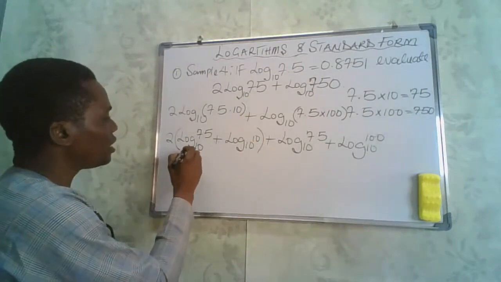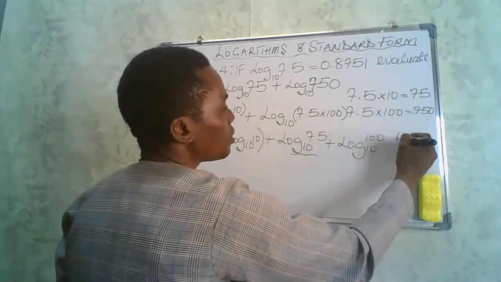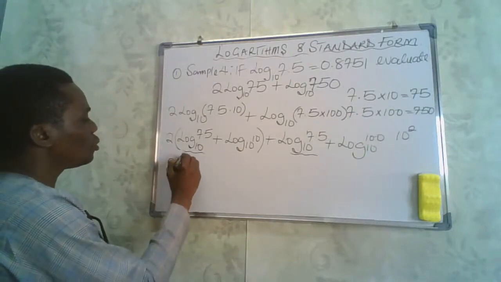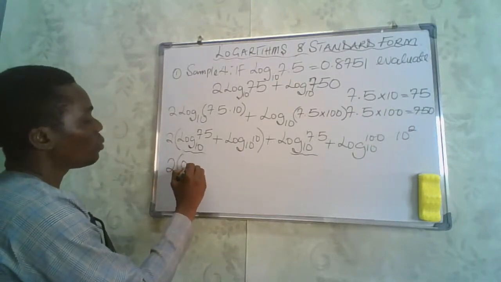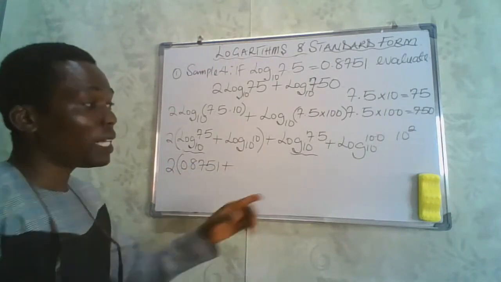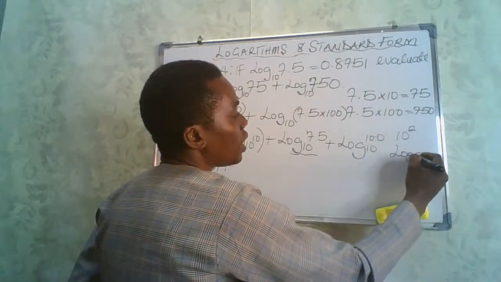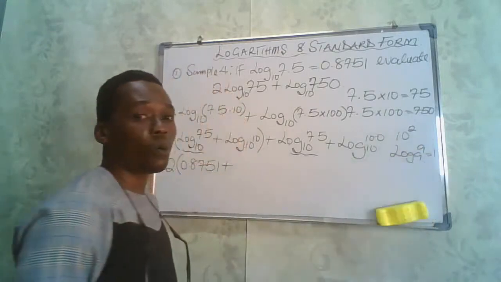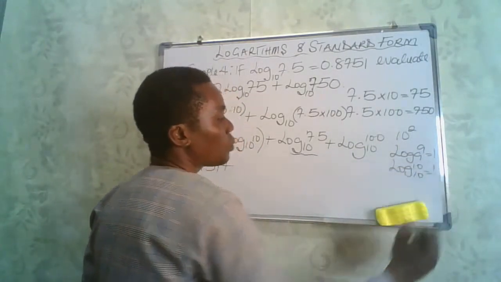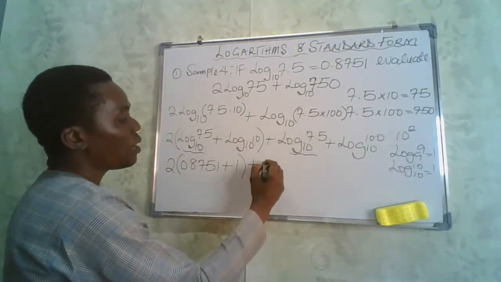So we are going to have this, we have this, and we can simplify this because 10 to the power of 2 is 100, right? So this will be 2 multiplied by 0.8751 plus, remember that law of logarithm we stated earlier on. If you have the log of a to base a, it is equal to 1. So the log of 10 to base 10 is equal to 1. So this is simply going to give us 1 plus